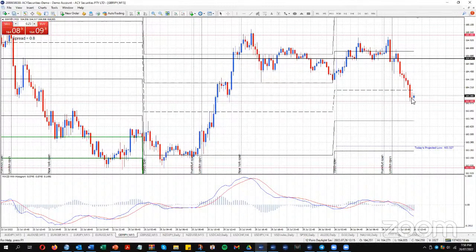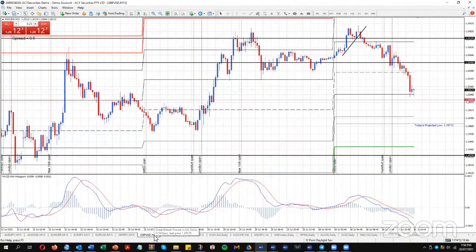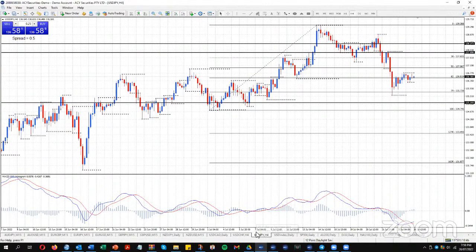Pound Yen might be getting a bit of support at 164 here. So, 64 pips up to 164.64. Doesn't take much for the Pound Yen to move 64 pips, does it? So 164.64 could easily be retested and failed again up there. Those levels that we're failing at, 120.45 up to 120.74, they could be easily retested again as well on the pound dollar. All right, so got some levels there to work with.